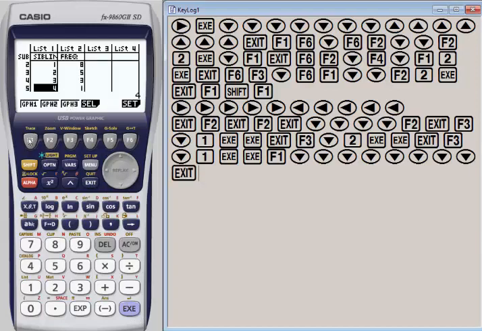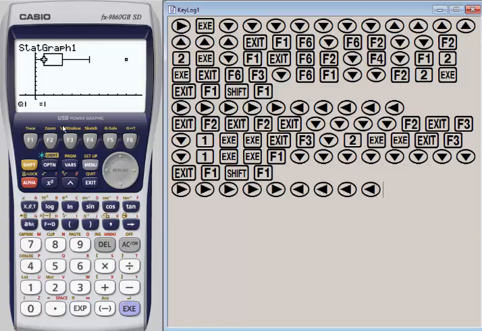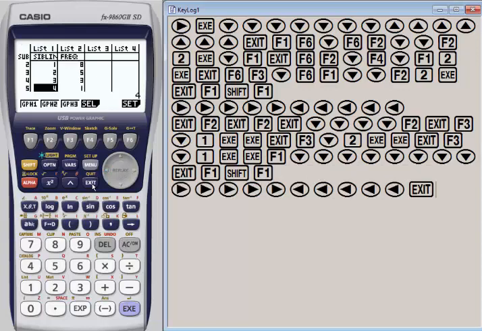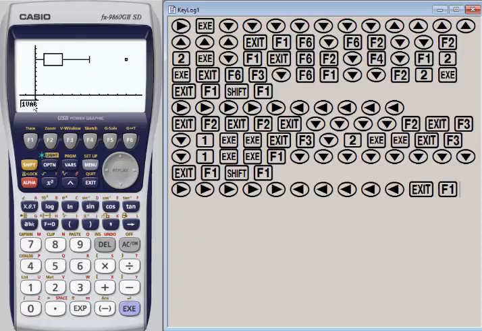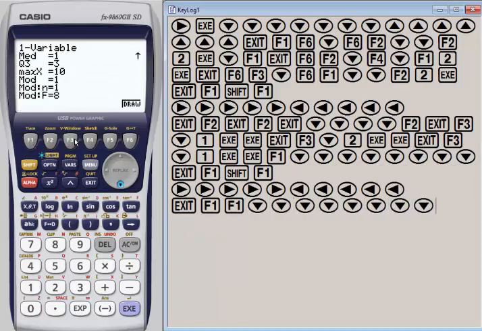You also get that in the box plot. With the box plot, we did the trace, and we could go to the statistical measures simply by choosing our left and right arrows. We could do that very quickly, but you could also hit the 1 variable and look at all the measures this way by arrowing down. This is just a quick example of 3 of the graphs that you can make using the calculators. There are lots and lots of graphs, so it's a great, easy technology piece to work with your students with.